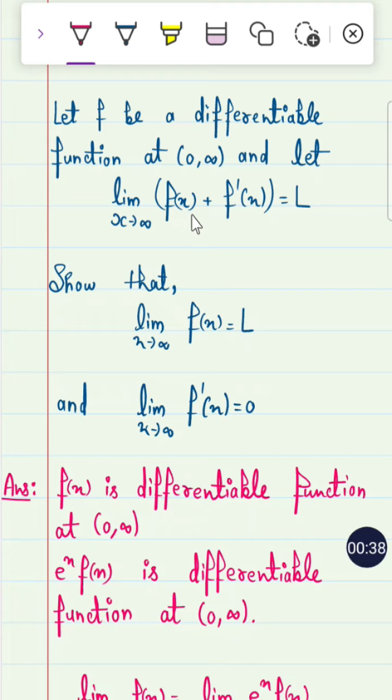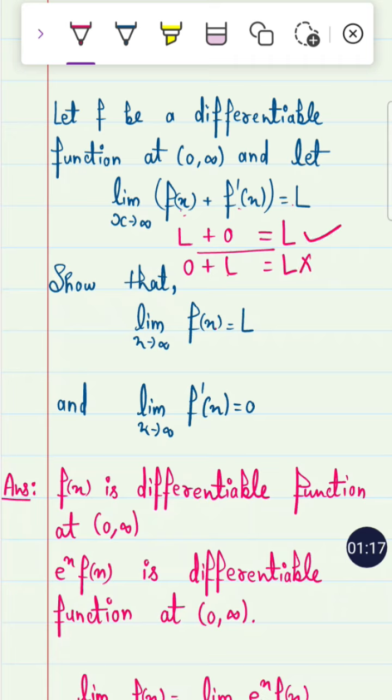This is an interesting fact, because when we have the sum of these, either it is L. If the function's limit is L, then the derivative's limit is 0. If it is given that the limit of f dash of x is L, then f of x tends to 0, because the sum should be L plus 0, right? So it gives capital L, but it can be 0 plus L also, which is equal to capital L. How is it defined that it is not true but it is true, right?